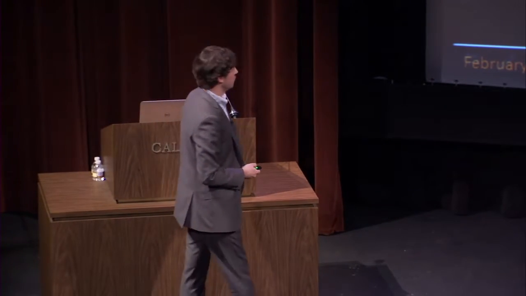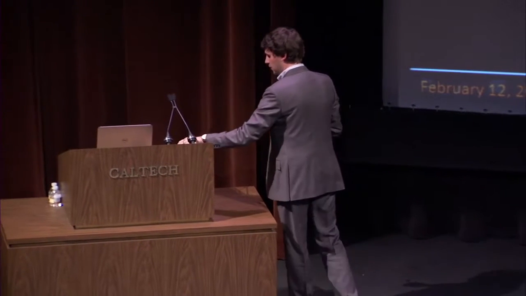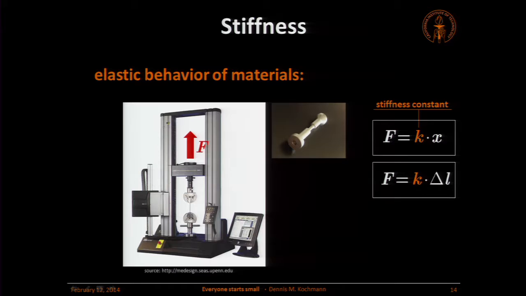Materials behave pretty much the same way. I actually brought one over here. What I have here is a tension test specimen made of aluminum in this case, and this is the kind of test device that you would use. You take it, you clamp it into a test machine, which may look like this, and you apply a force. So it's clamped down here, and we're pulling on the specimen.